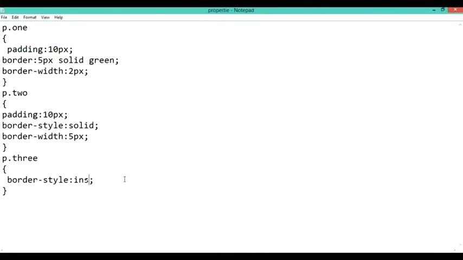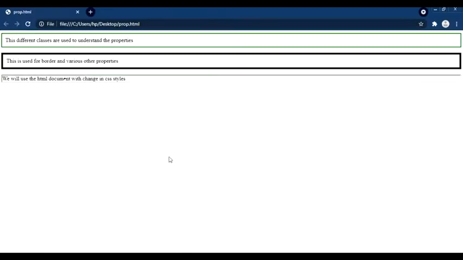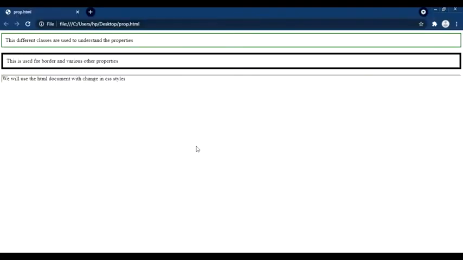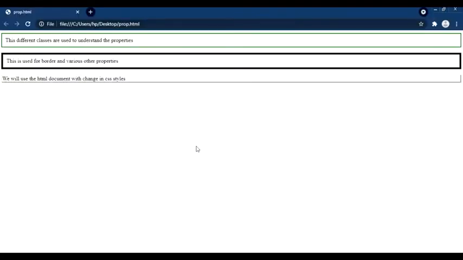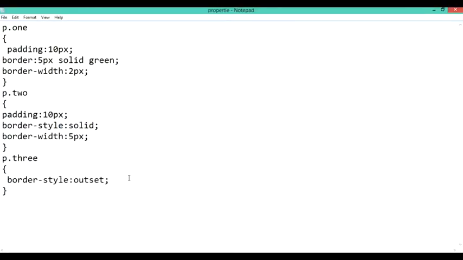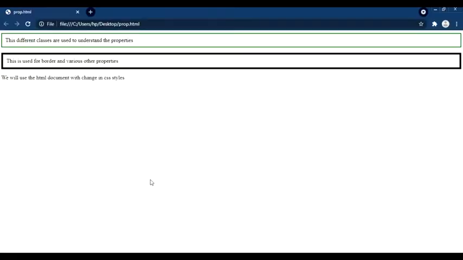Inset border. When I'm using the inset border, you can see that the display is in the form of inset within the border. If I am using the outset border, it will be displayed outside of the border. So this is the basic difference when we are using a border. And then we have a hidden border. A hidden border basically means if you do not want to show any border, we will simply write hidden and display that result accordingly. So when I hide the border, nothing will be displayed to me. So these are different properties of border that we use in CSS.